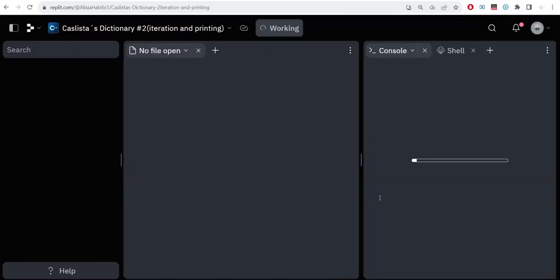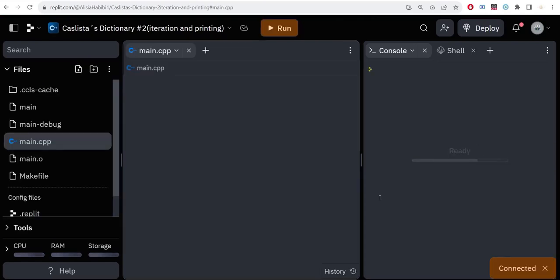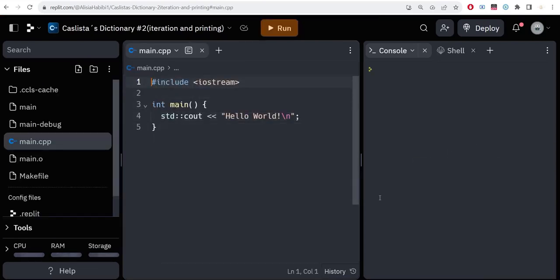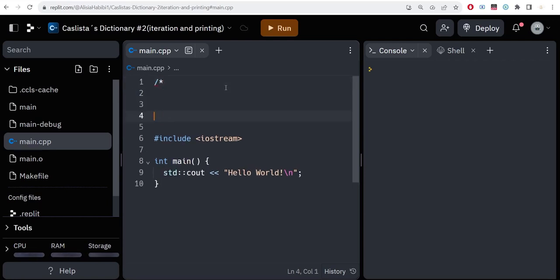So let's say we want to ask 5 students in a class to be able to enter their student ID and their age, and we want to save that information in our dictionary. So the first thing we're going to do, remember we have to import some libraries. We have to import map, and we also have to import the string. But before that, let's put in our headers, or just at least a very short header because of the time constraint. So like that, and then author name,